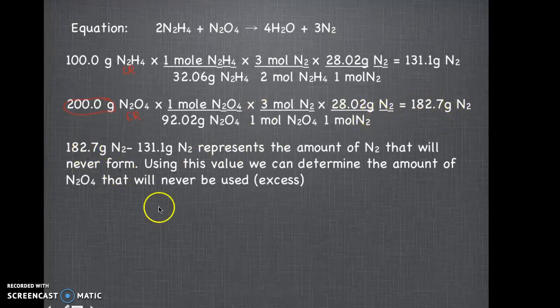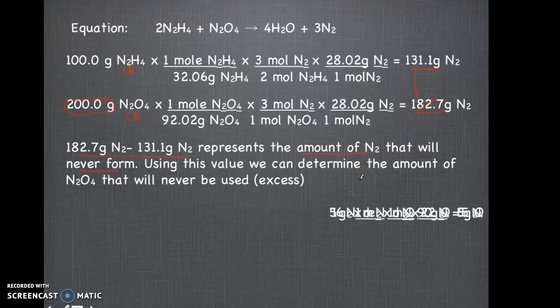But if you take these two numbers and subtract them, if you take your 182.7 and subtract out the 131.1 grams of N2, this is going to be the amount of N2 that does not really form. So we know that we're supposed to get 131 grams. And if we had a lot of this N2O4, we would get 183 grams of N2, but we don't really make that much. So if you took these two numbers and just subtracted the smaller number from the bigger number here,